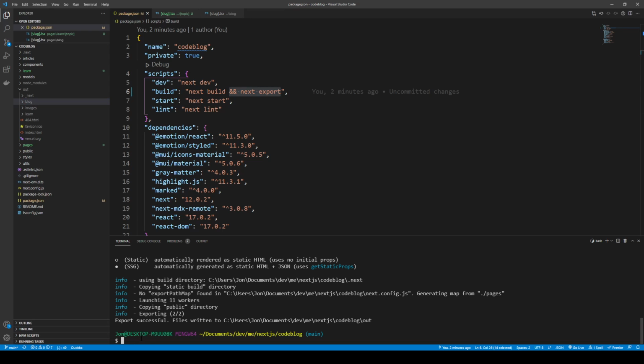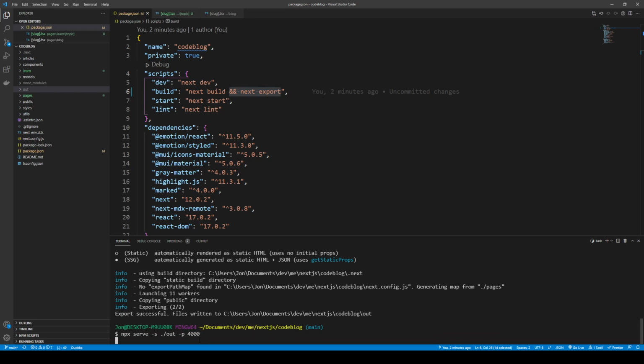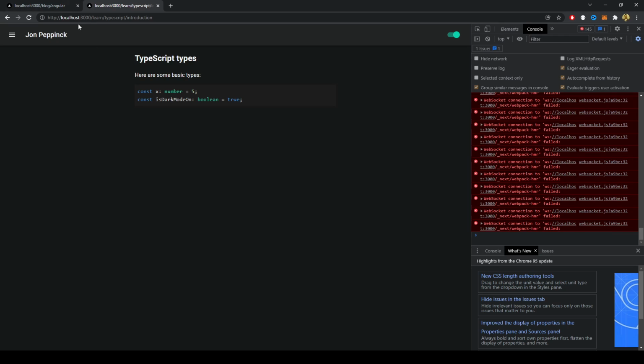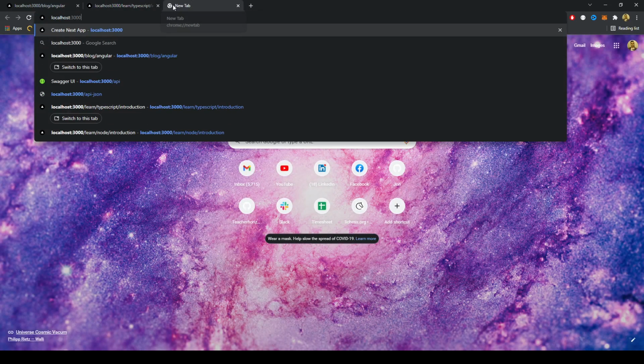So with that said, we can actually go ahead and run this command here, npx serve, with -s, and in this output directory, we just want to run it from here, and then it'll automatically detect the index and build it up from there. And then we can say -p for the port number, and let's put this on port 4000, just to have a difference from the 3000 that we would be on at localhost. So I'm going to go to localhost 4000 this time,